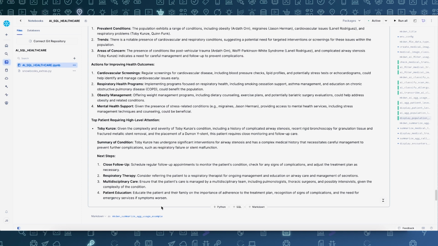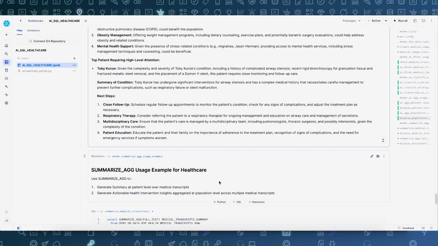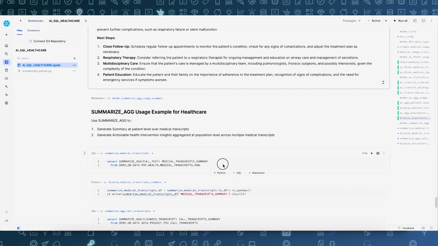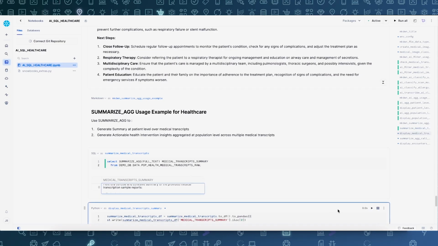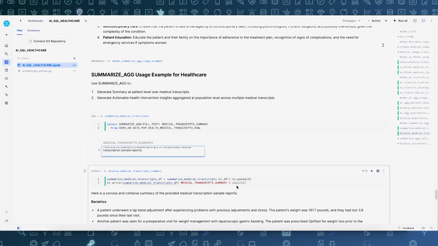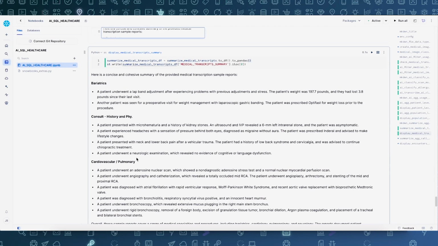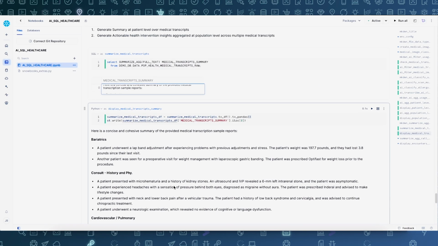And as a next capability that we are rolling out, we have Summarize Ag. So think of Summarize Ag where you can get a default summarization out of a specific group, right? In this example, we are rolling up the entire corpus and asking it to summarize. So as you can imagine, it will build a default summary of what is there, right? Let's again use Python to maybe print it more aesthetically with Streamlit. So this is a very, I would say, elaborate focus summary of each of those medical transcripts which were there,